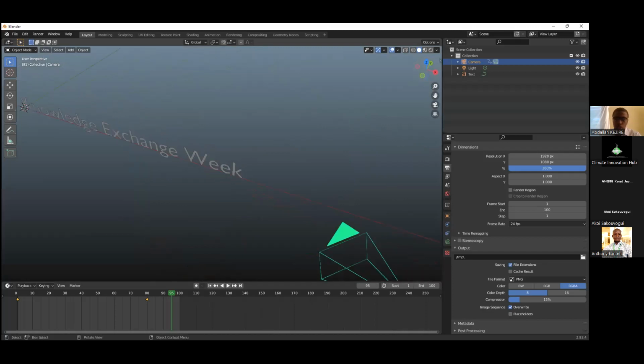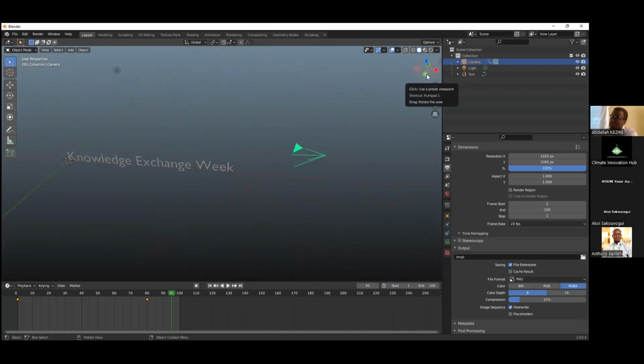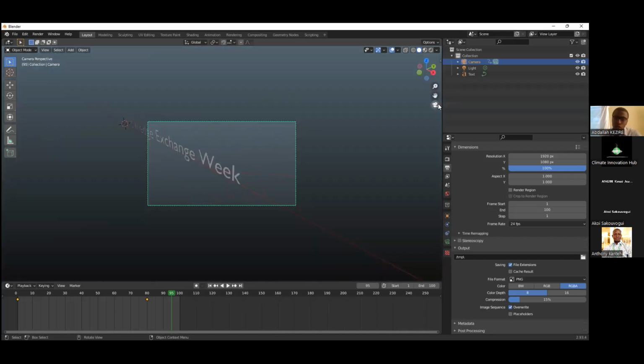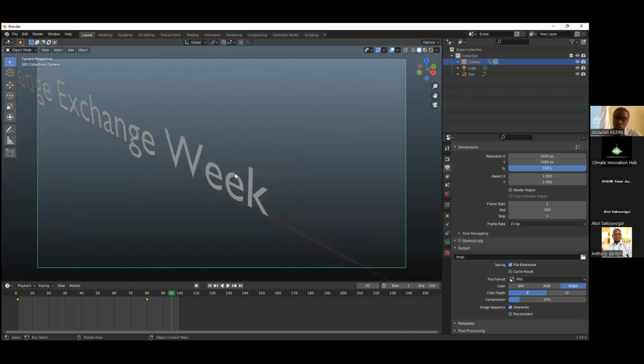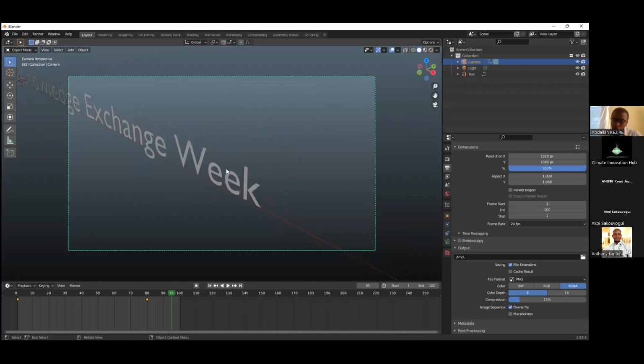I hope you understand how the 3D world is. I have my object, the object is here, the camera is there, and I will rotate the camera like this so that it will show the back. You see, right now it's showing the front of the text. Now I made it in a way that it will end up at the back.